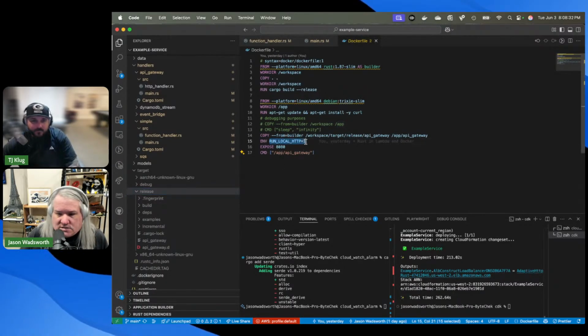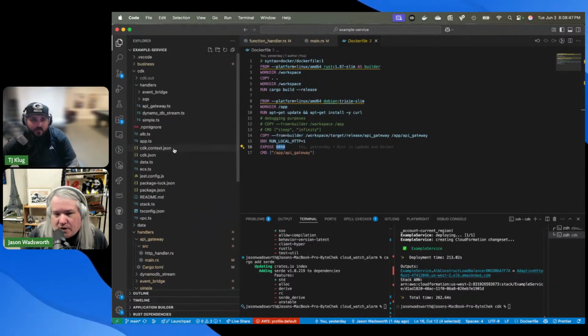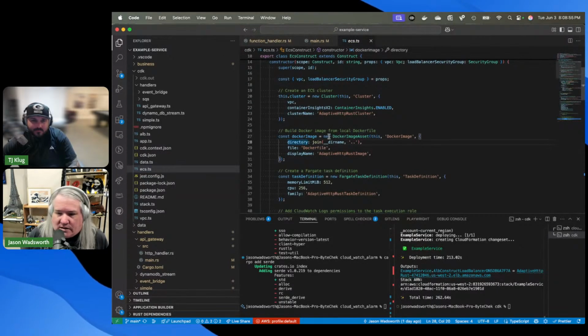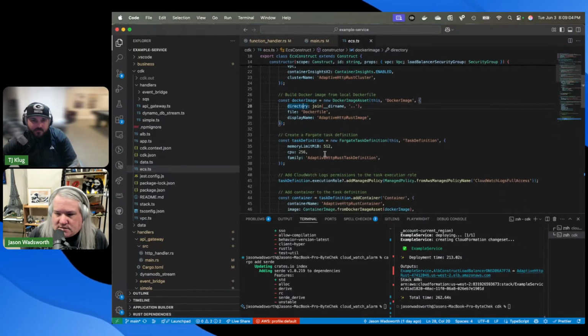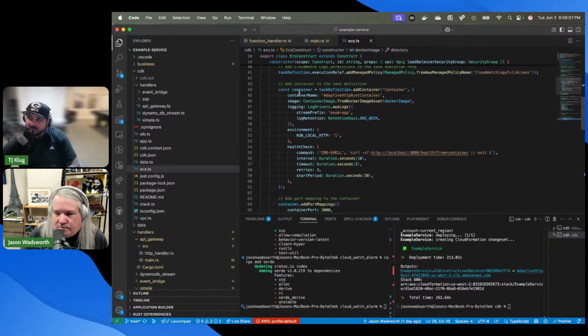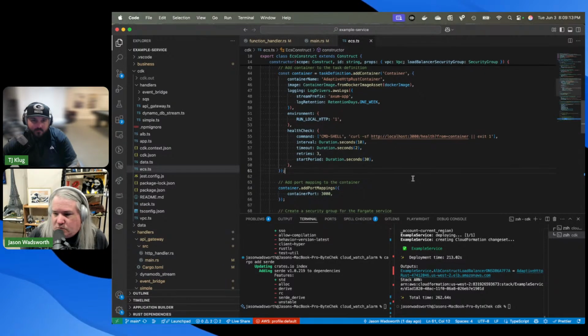Obviously, you can see I have this set to 1, because if I don't do that, then it's not going to work right. I don't know why I said 8080 there. I'm also not sure why that's working, because I'm not exposing 8080, so that's interesting. But I'm pretty sure this works, so I'm not really sure what's going on there. We'll ignore that for now. So we created a Docker image. The cool thing is just creating this in here, it's going to run the Dockerfile for you. It uploads the thing to your ECR and creates the task definition, all that stuff. I put that run local in here too, so I'm not really sure why it's in both.